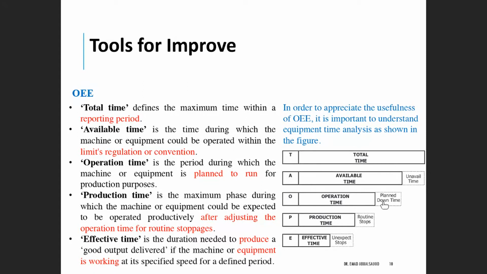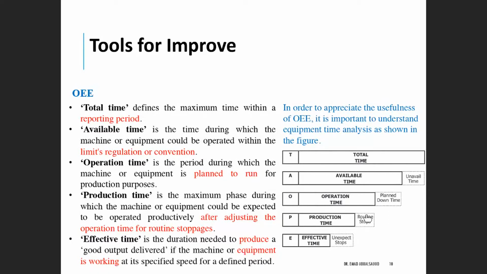You can increase the operation time or you can reduce it, because this is not following regulation. That's something you cannot control. The production time is very similar to the operation time; the only difference is after adjusting the operation time for the routine stops, for example, prayers,